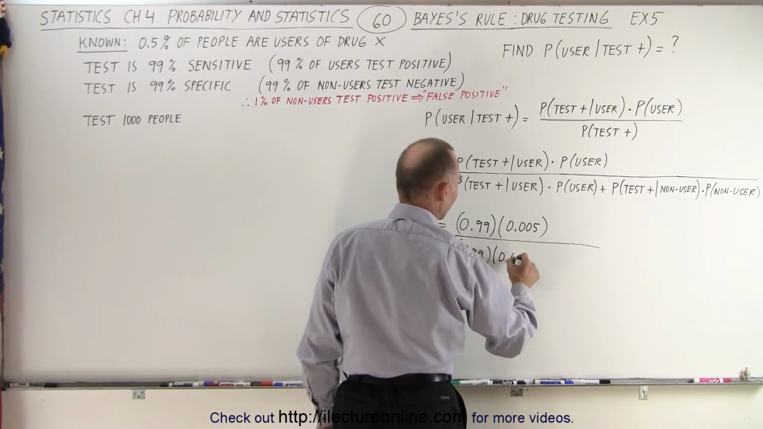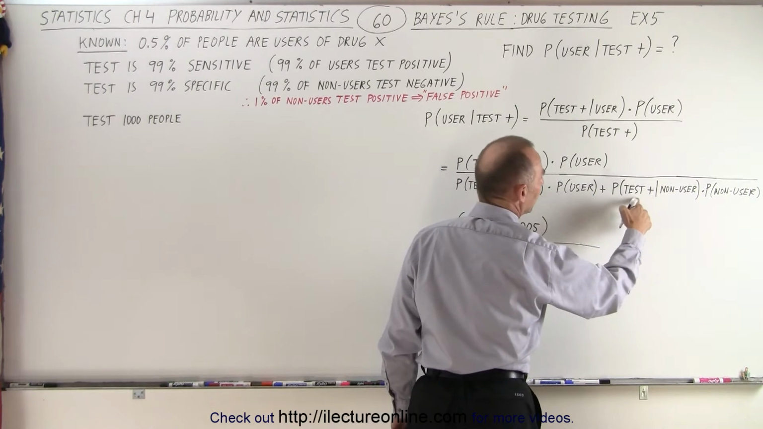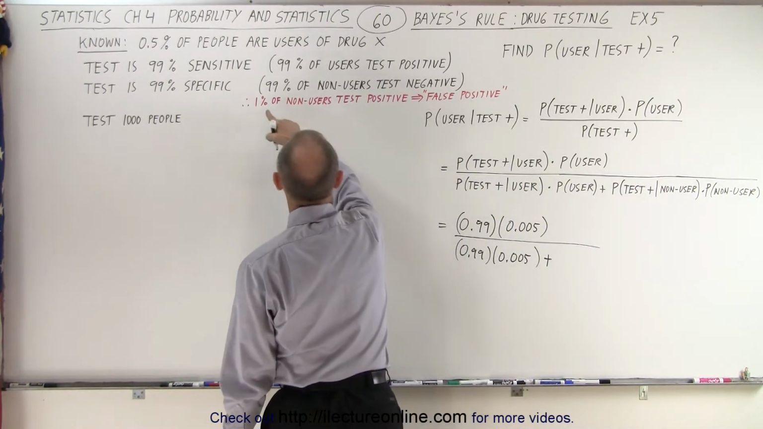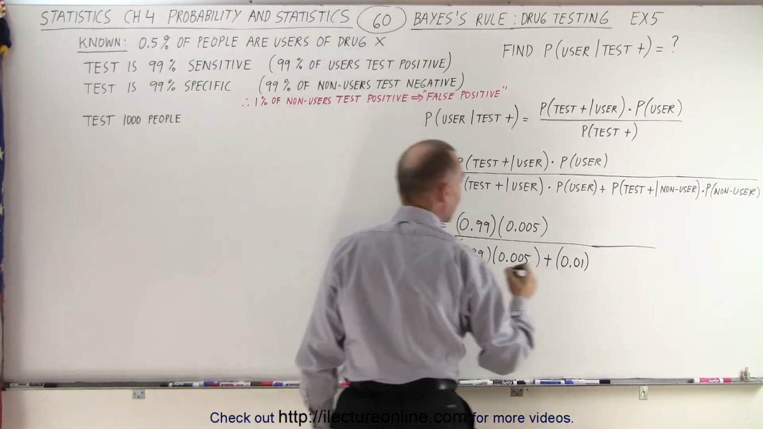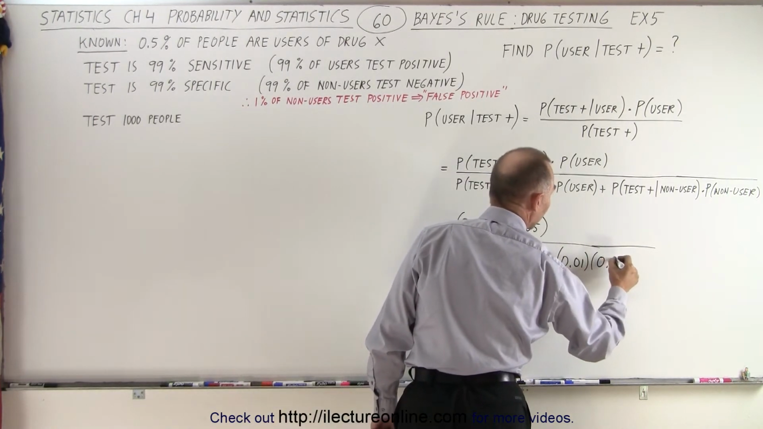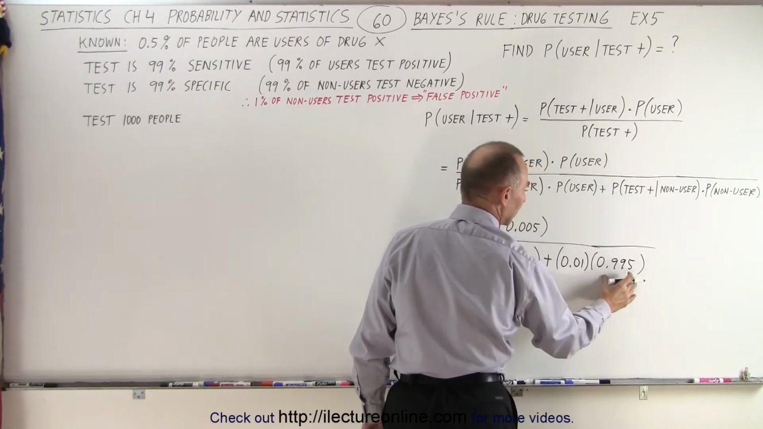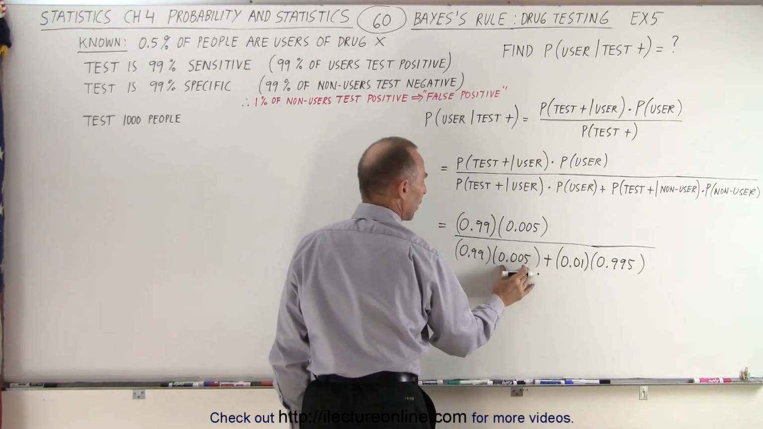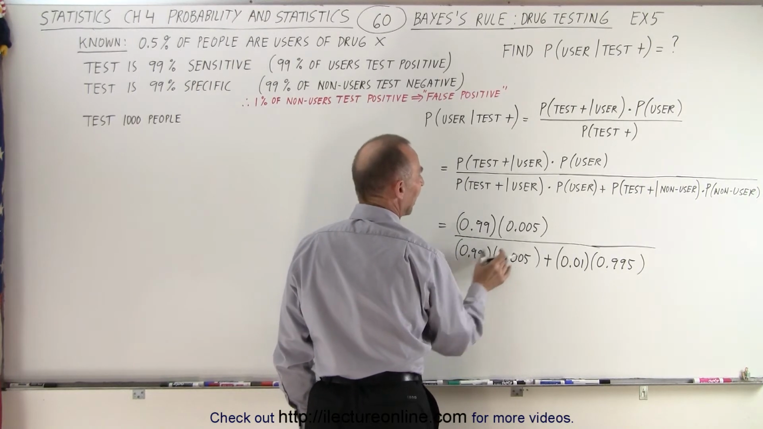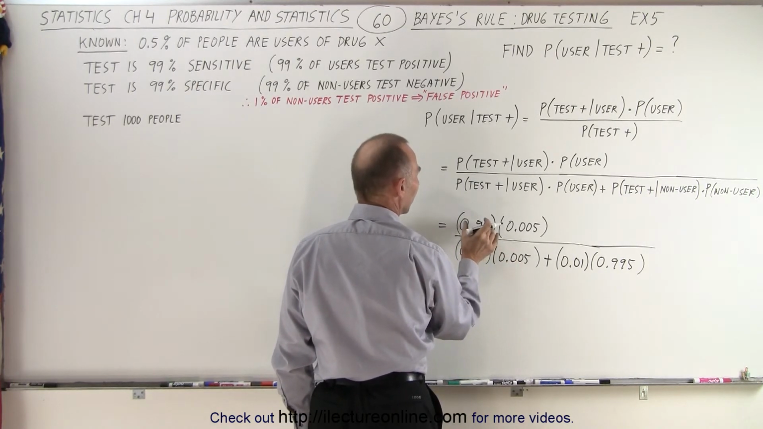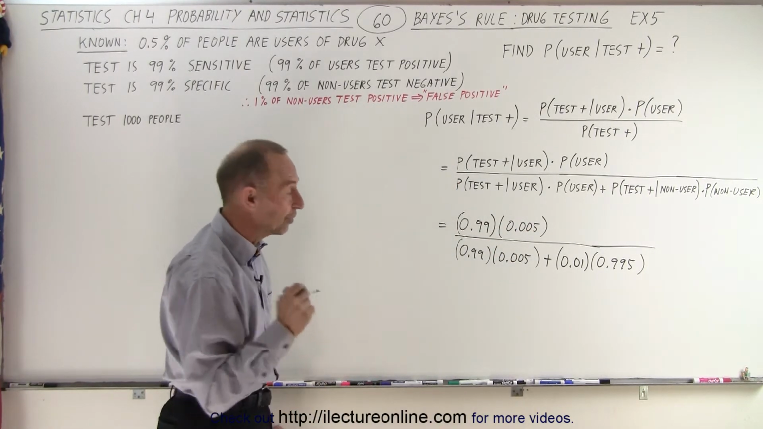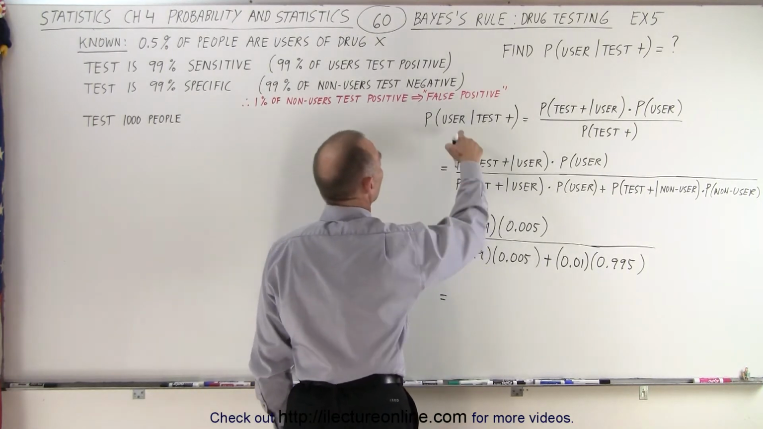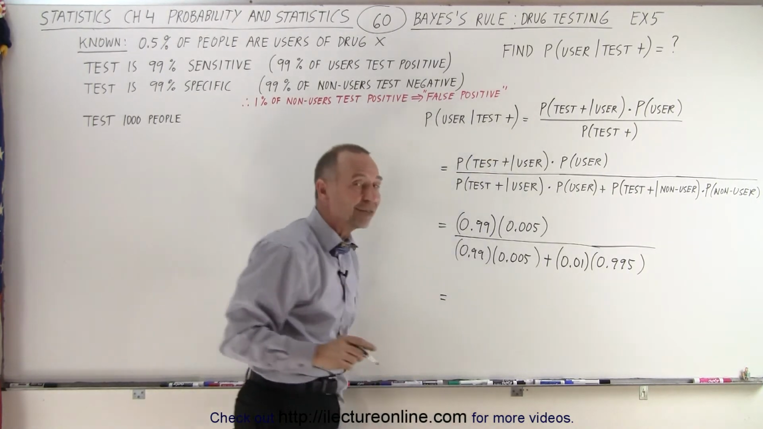0.005, which is 0.5%, plus the probability they'll test positive if they're non-users. So that is a 1% probability. That will be 0.01 multiplied times the probability of being a non-user, and that will be 99.5%, which is 0.995. So this is the probability of being a non-user and testing positive. This is the probability of being a user and testing positive. And this is the probability of testing positive if you are a user, times the probability of being a user. So that will give us the probability that the person will be a user if they test positive,